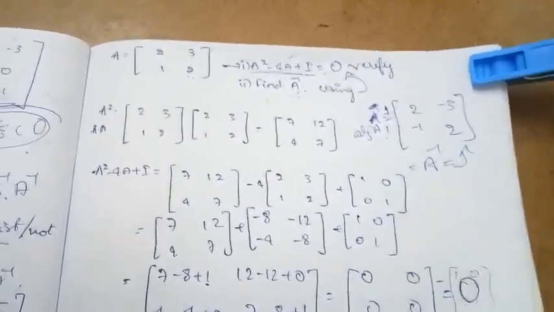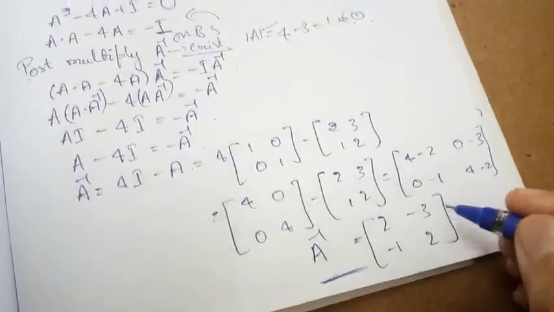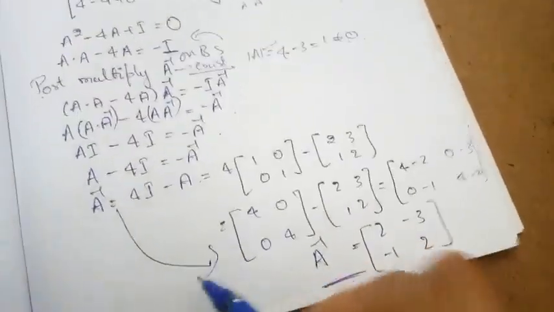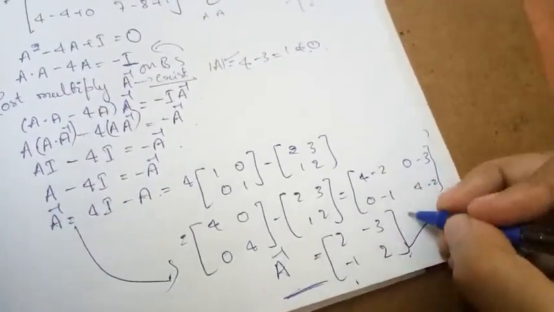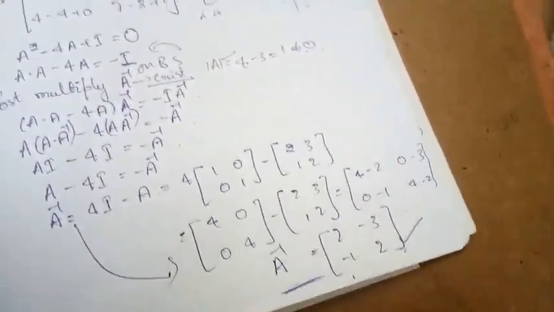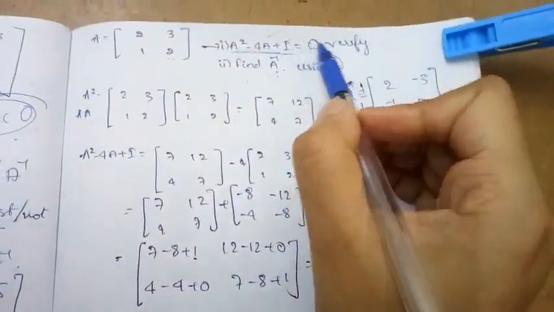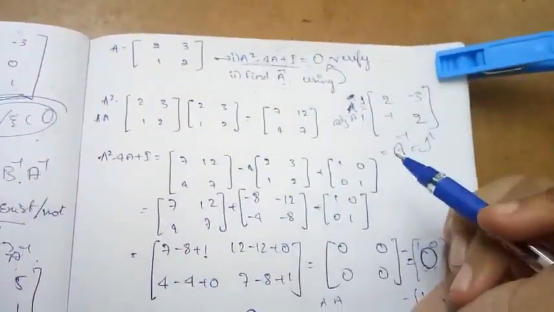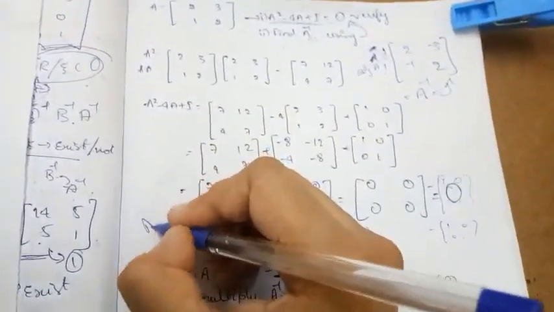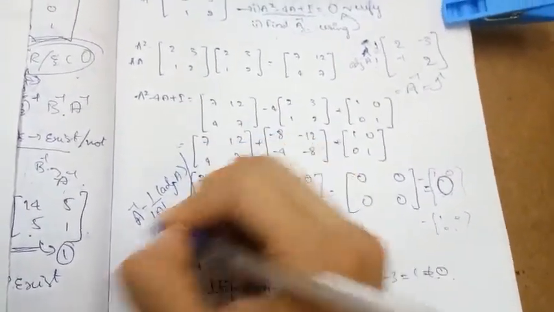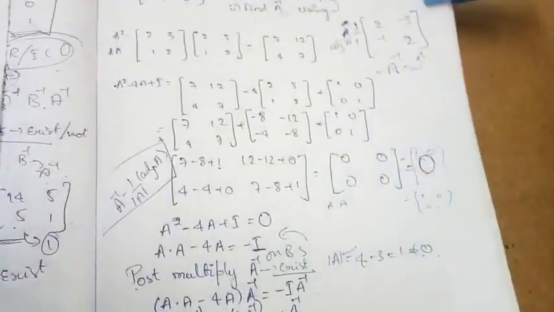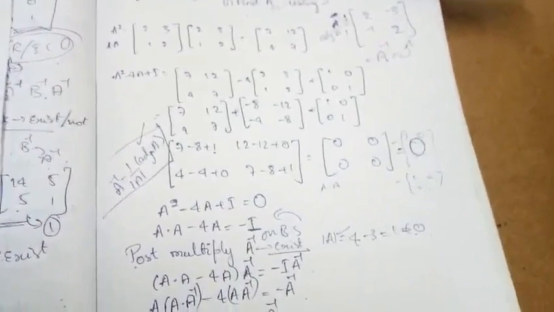So you can see here, by verifying with this formula, we got A inverse with the same value. So this is the correct answer. That means the inverse which I got right now is correct. So this is how we find the A inverse with the help of the equation given in the question. This is one method to find the A inverse, and another method is the formula, A inverse equals 1 by determinant value of A into adjoint A. So remember this equation properly, and how to find the adjoint of the given matrix.